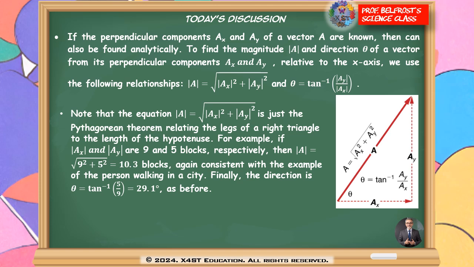You can see in the figure that if Ax is 9 and Ay is 5, then A is the square root of 9 squared plus 5 squared, which is 10.3 blocks, and the direction is the arctangent of 5 over 9, which is 29.1